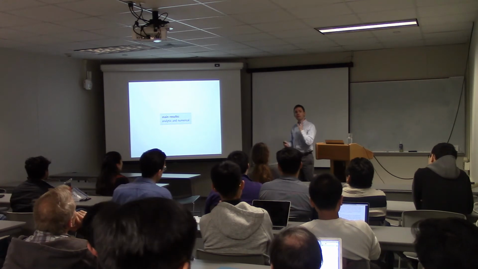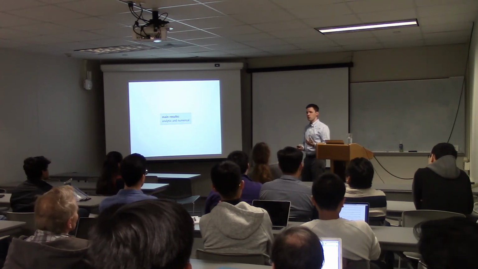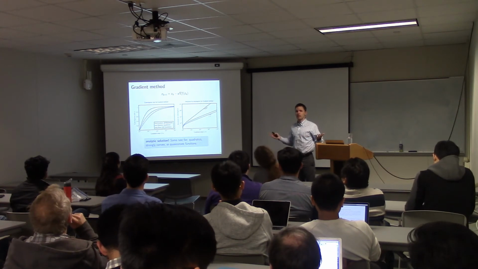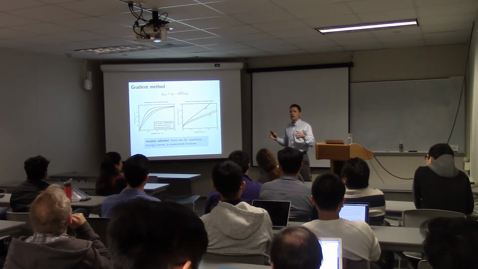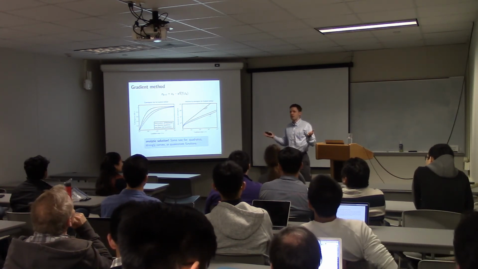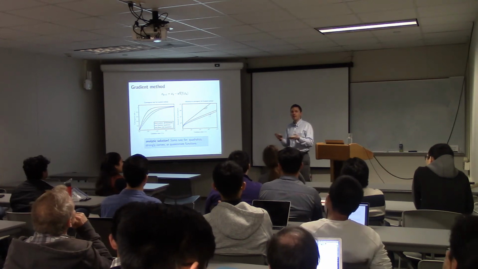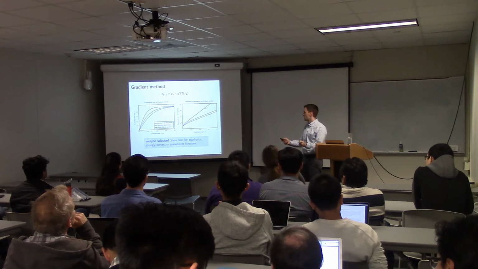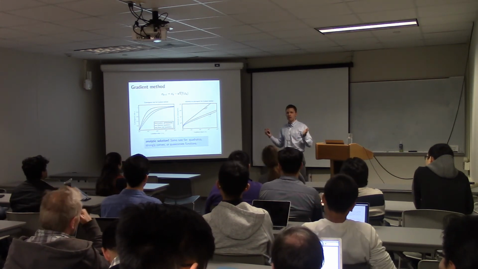Okay, so what happens when we apply this to the algorithms that I showed you at the beginning? Well, when we apply this to gradient descent, actually we can solve it analytically. That LMI that I showed you becomes 1 by 1, so there's nothing to solve. And in fact, it's just an inequality. You can solve it analytically, you can get an algebraic expression, and you recover the exact results that people have found in the literature.